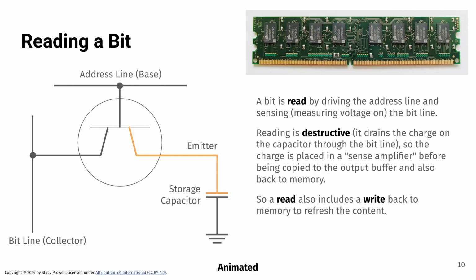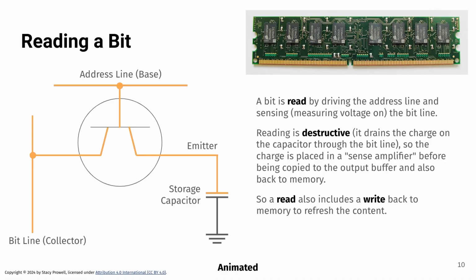How do I erase a bit? Now you can see I have some charge stored in my capacitor. It's reaching up, but it's blocked by the gate at the transistor, so the charge can't drain out that way. So what I do to read it is, once again, apply some voltage to the address line to open the gate. Charge is now able to flow over to the bit line, and then I use some sense measurement to measure the voltage available to me on the bit line. Now, what happens to this charge on the capacitor? Well, it flows out through the transistor, which means that reading is destructive. It's going to drain the charge on the capacitor through the bit line.